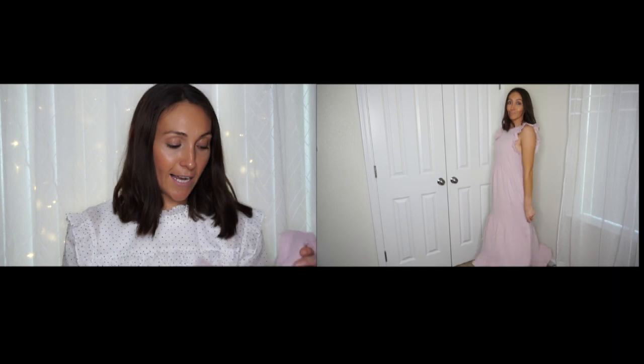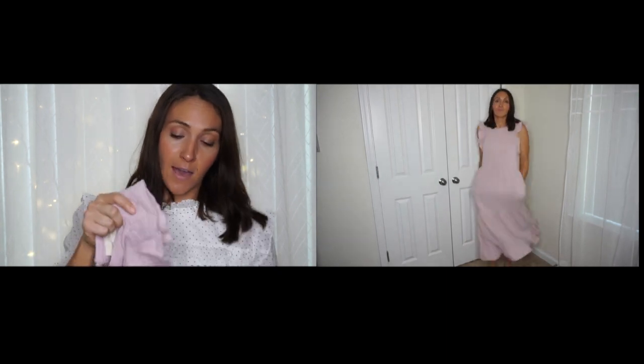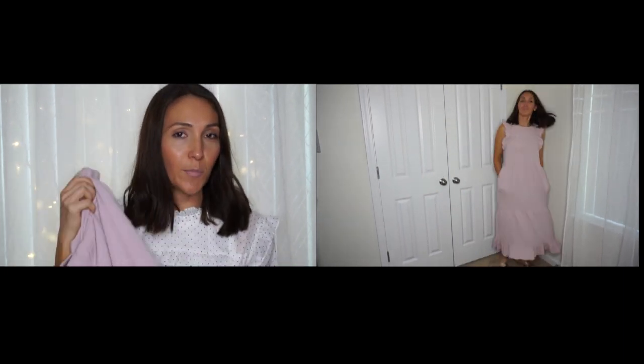This first dress that I did try on is from Target. It is from the brand Universal Thread and I got it in a size medium. It's made of this muslin material that's super lightweight, super breathable. I know they make baby blankets out of this and they're really popular because they are so lightweight and airy. It kind of has like a